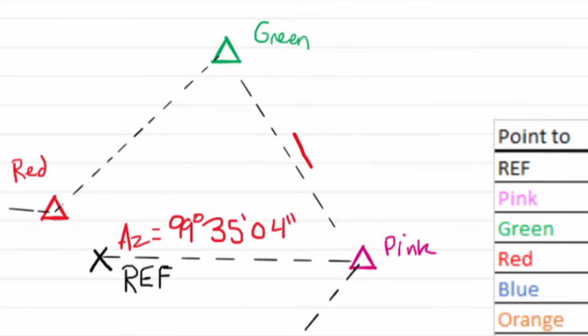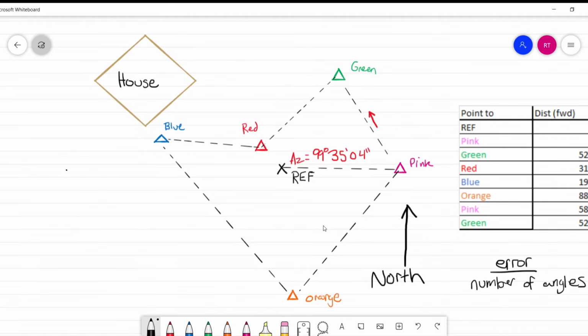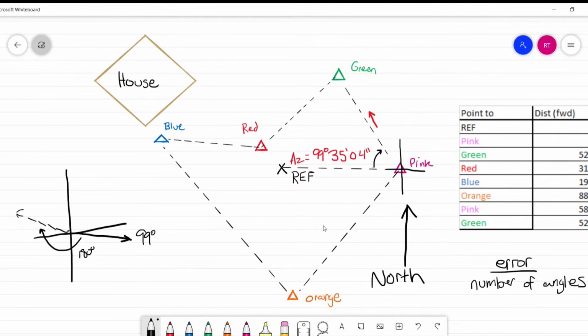Now we want to determine the azimuth here. If we take a look at the reference point and where this 99 degree is, it lies in this area. This is a bit exaggerated, but you get what I'm saying. To figure out where that line is on point pink, we need to take the back azimuth of that point. To determine the back azimuth, we need to add 180 degrees. So we're going to start with our reference azimuth, add 180 degrees to it, and then we measured the angle from here to here, 67 degrees, 18 minutes, and 26 seconds. So we will add that as well, and that will give us our azimuth from pink to green.